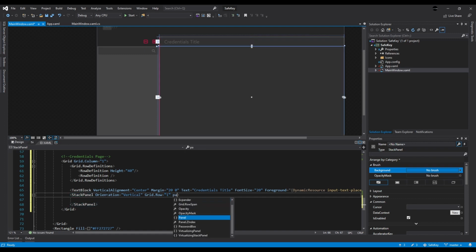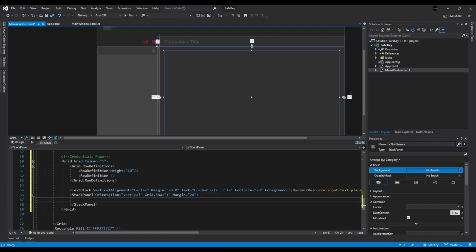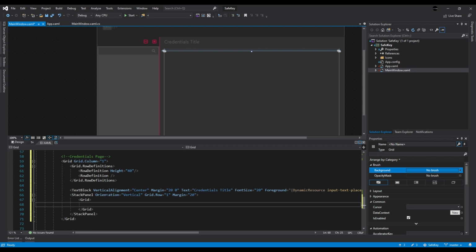I'll do margin 20, and then inside here I'll do a grid. Do height 40,